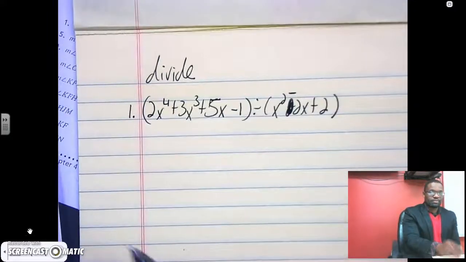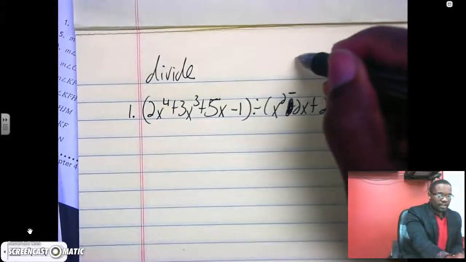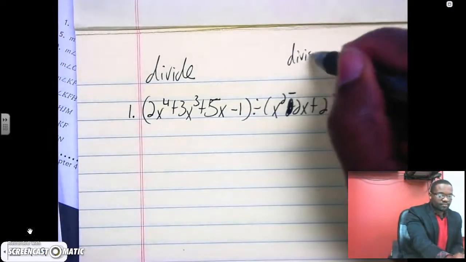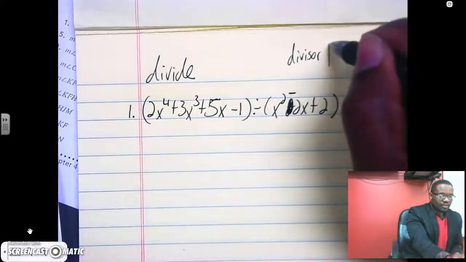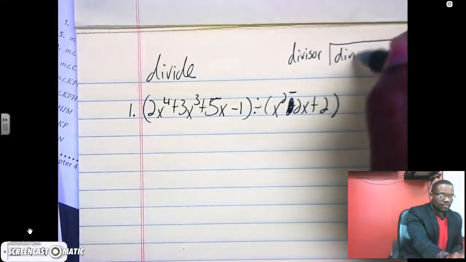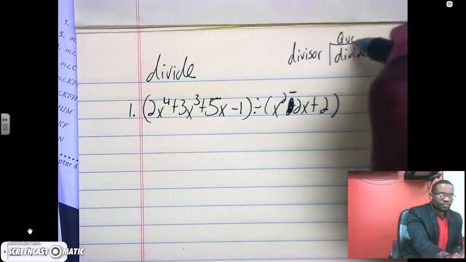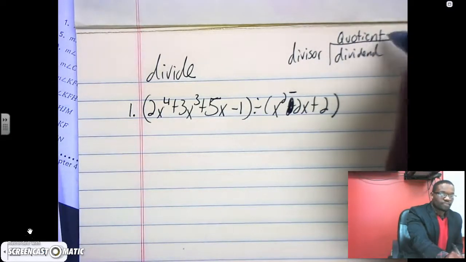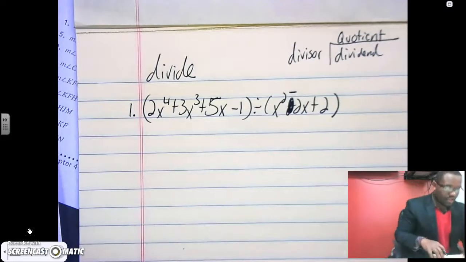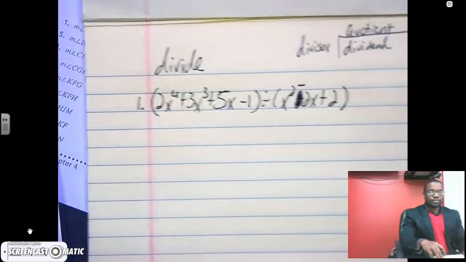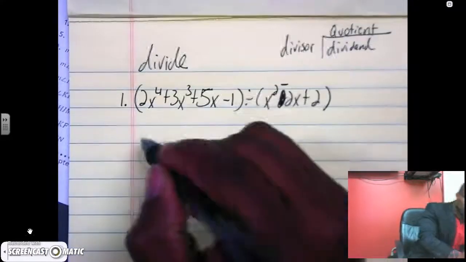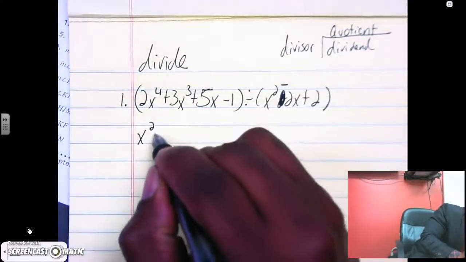In fact, you might want to keep this in mind, that the divisor is outside, the dividend is underneath, and the quotient is on top. All right, so let's set that up in the proper order. All right, so x squared